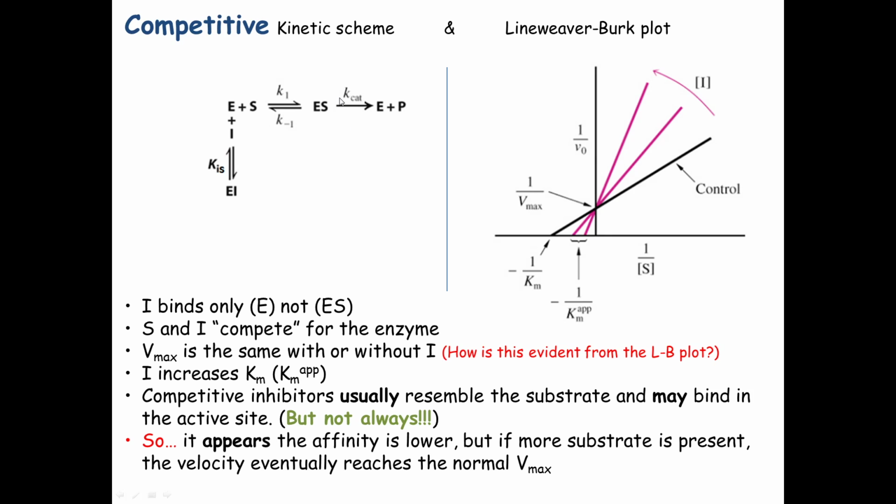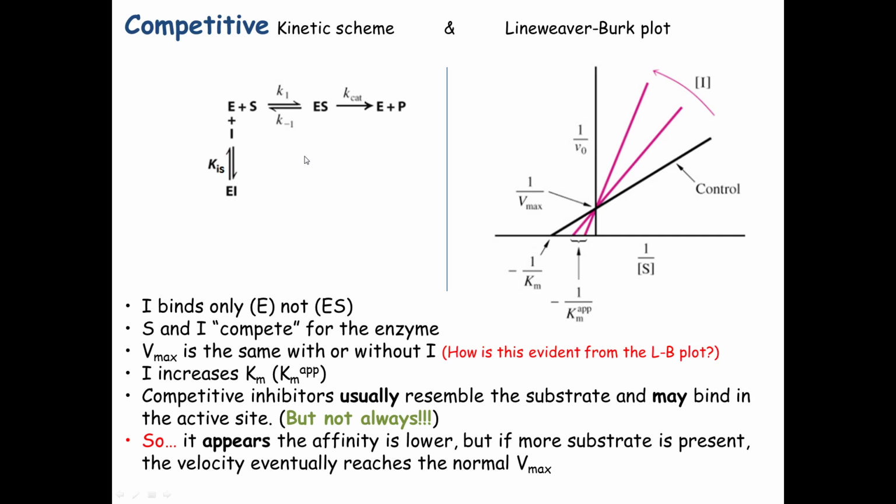Alternatively, E plus S forming ES, instead of falling apart, could make product. That's the little arrow to the right, we call it KCAT. Right? So our ES can fall apart two different ways. It can make a product, or it can just let the substrate go. It's like a catch and release program with fish. So you can bind the substrate, make a product, or bind the substrate and then release it back to